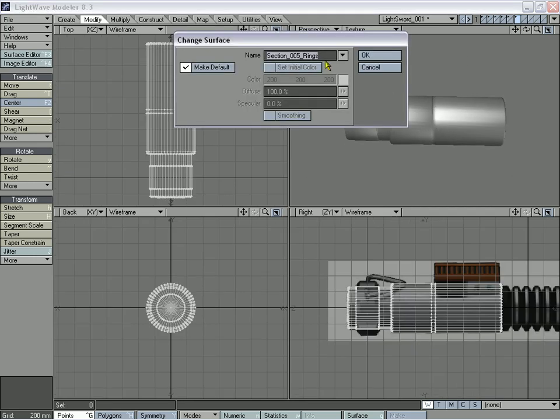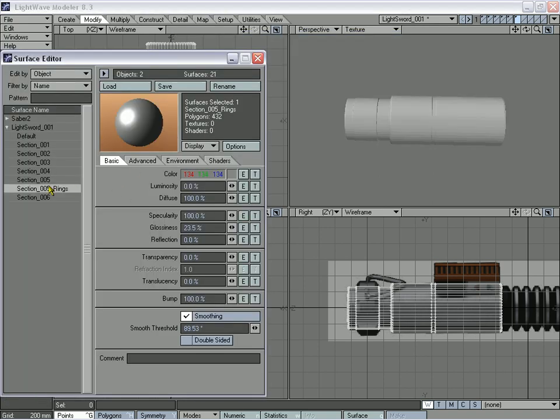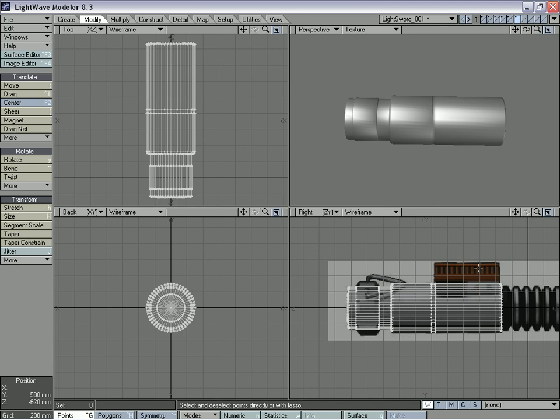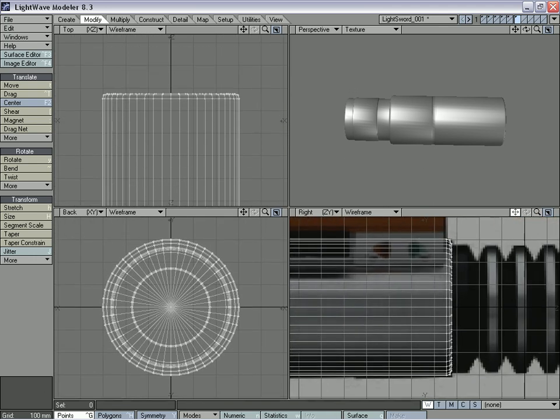And first what we're going to do is give this a surface name, section 6. And then open up our surface editor, and we can just copy and paste that over. And what we're going to do now is we're going to use the knife tool to define another polygon next to every single curve, and these sections will look straight again, and the curves won't blend into each other so much. So we're going to use Shift K to open up the knife tool and just draw out